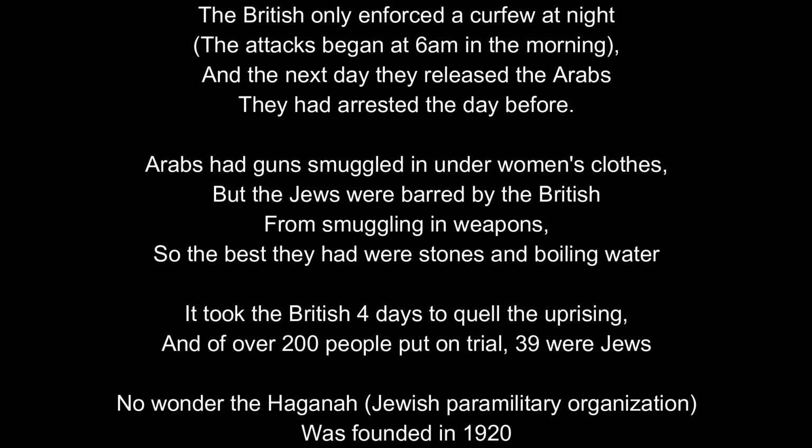And also, what was notable with this is that the British were very slow to react, which meant that now both the Jews and the Arabs began to distrust them and become very hostile. So it ended up being this pattern. The Arabs revolt against the Jews. The British are slow to defend the Jews. The Jews set up paramilitary organizations to defend themselves, and now they distrust the British, and they also distrust the Arabs. So this cycle would basically be the pattern of escalation which we'd see throughout the next 28 years